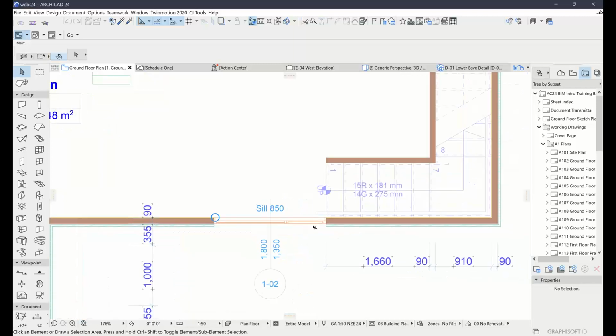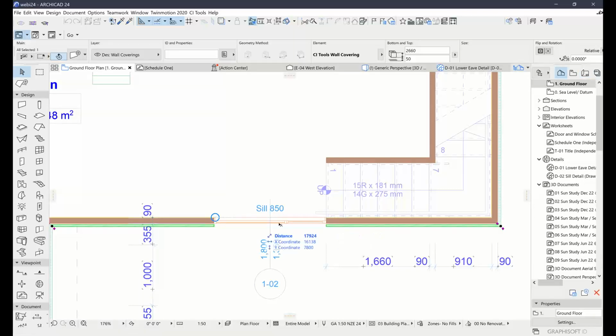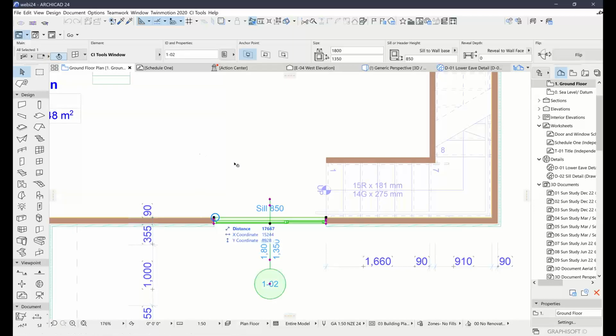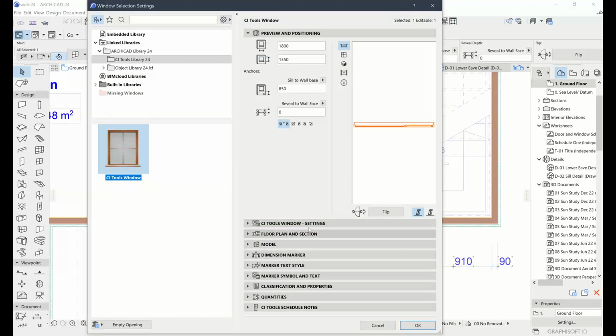So I'm just going to start off by looking at them in the window tool. You can see at the moment I just have a fairly standard looking window here, and I don't have a preset applied to this one at the moment. And we're just going to look at where the presets live and what they look like